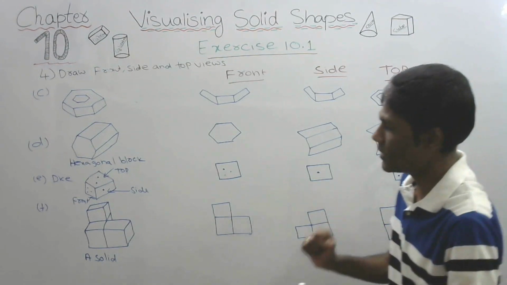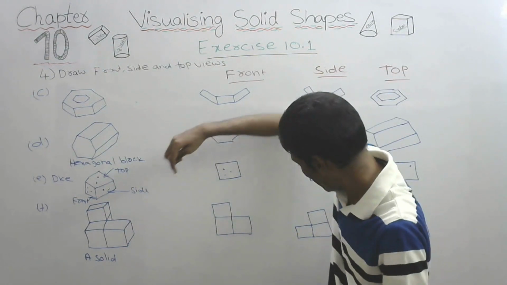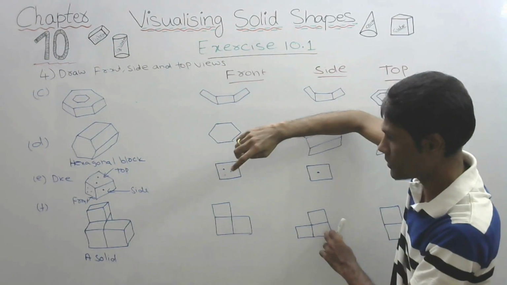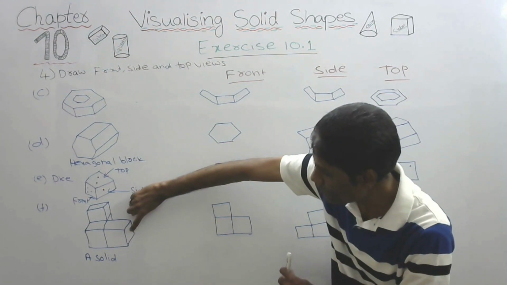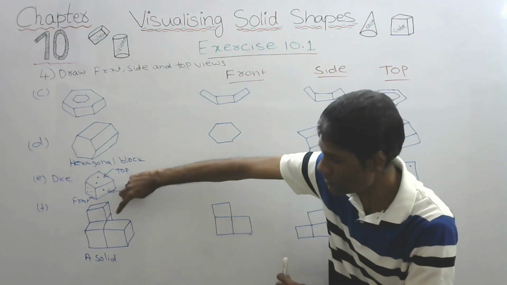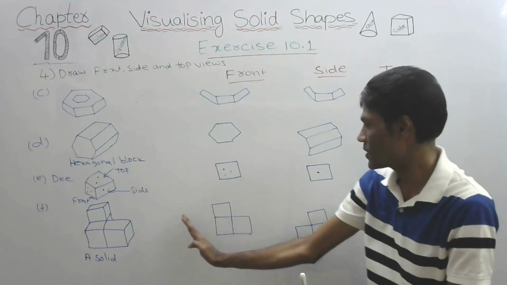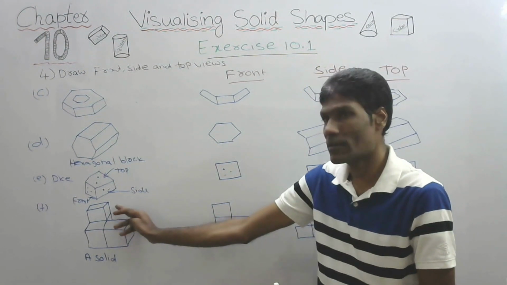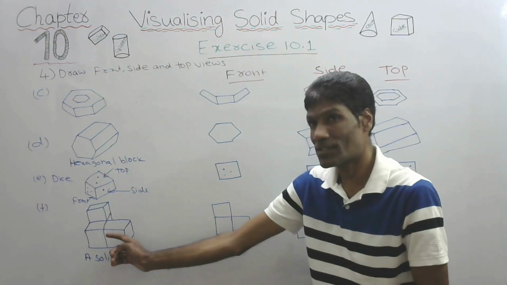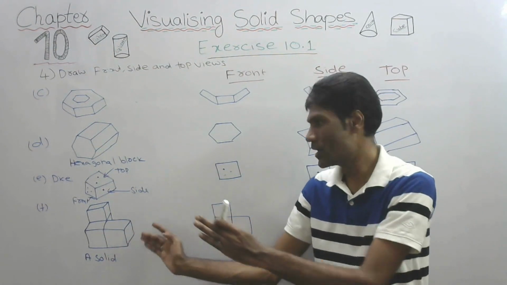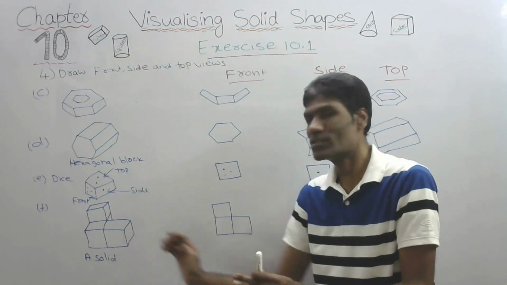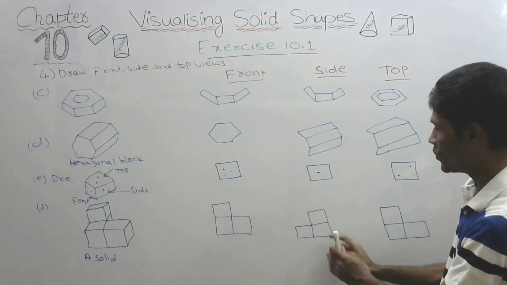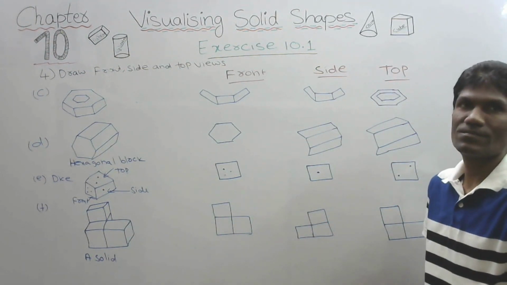And next, side. When you go to side, see, it will look like this. Why? Because this part we can see and the above part we can see. When we are seeing from this side, this and this two, one above the other, and this one, this side, when we see from here, these two and this side we can see. So these two and this side we can see.